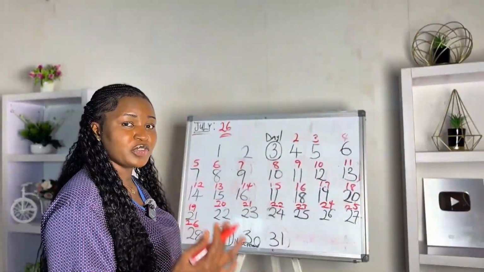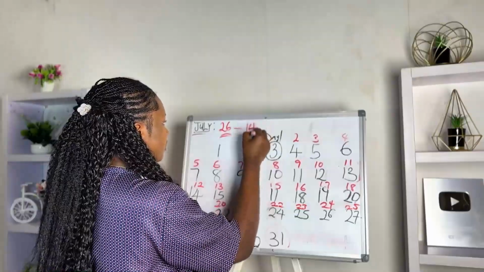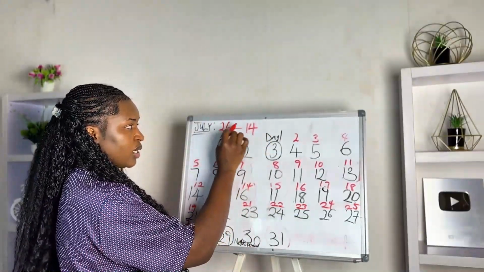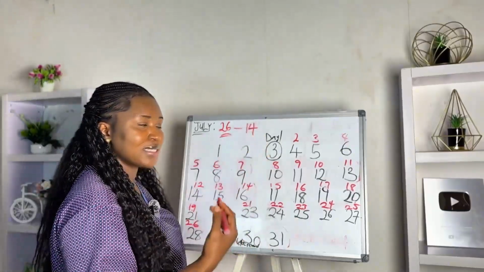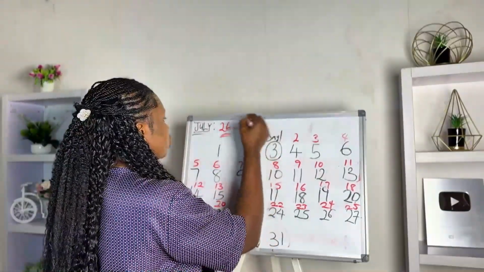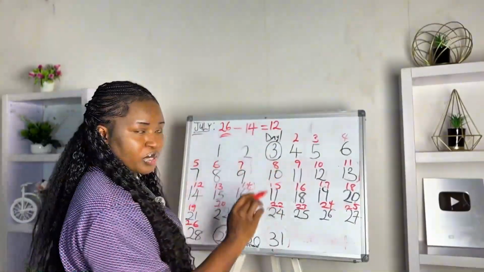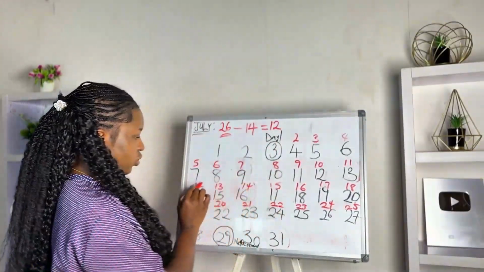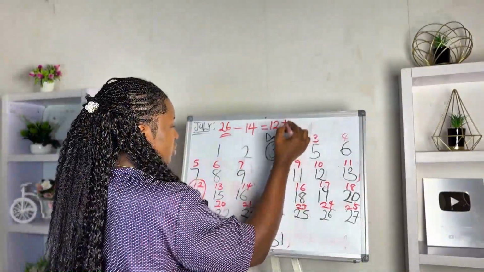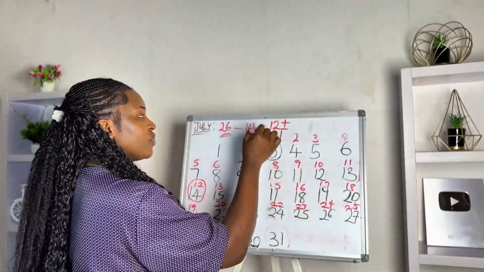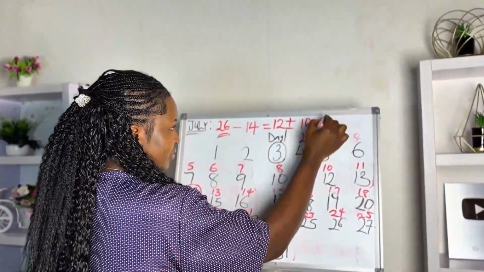Now let's calculate our ovulation day. Now what we're going to do is subtract 14 from 26. This is our cycle length. So I'm just going to subtract 14. I've told us that we should learn to see this 14 as a constant number. So we're going to get 12. So day 12 is going to be our ovulation day. So this is day 12. This day 12 is going to be our ovulation day. We're going to use the plus and minus 2 method, which means that she can either ovulate on day 10 or day 11. Then the plus 2